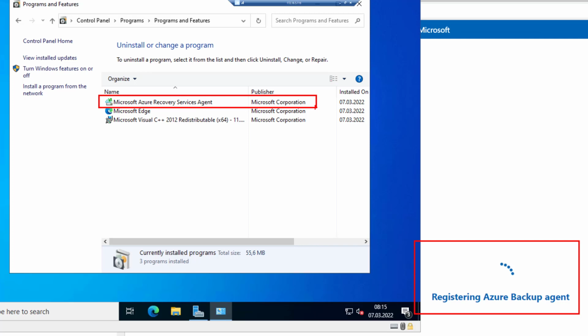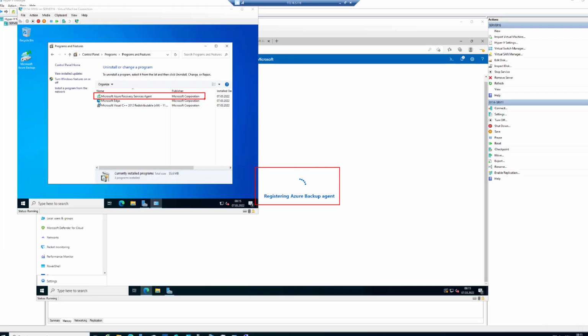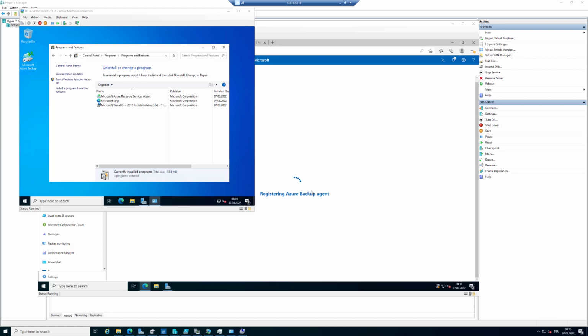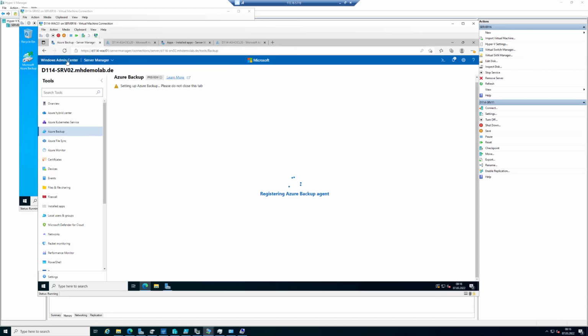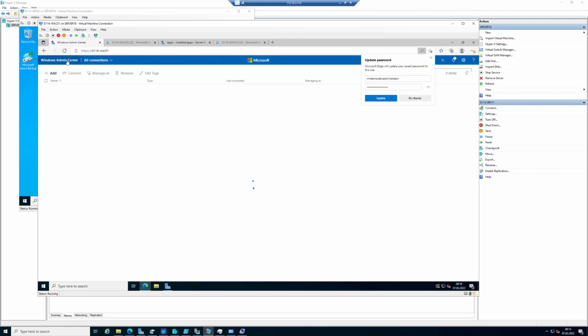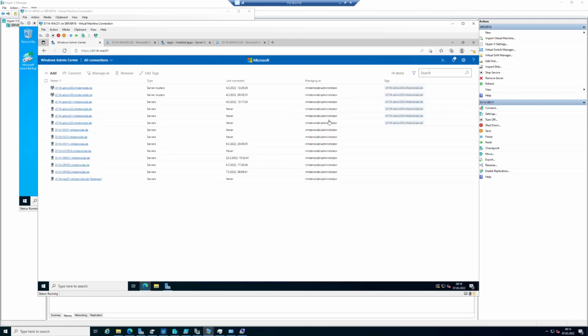So I think it's important to understand how easy it is to enable a hybrid service like Azure Backup via the Windows Admin Center. If I already have the Azure know-how, I have here an easy tool to configure it. And if I don't have the Azure know-how, I have a tool here that enables me to use these powerful Azure services. So let's switch to the prepared server 01,